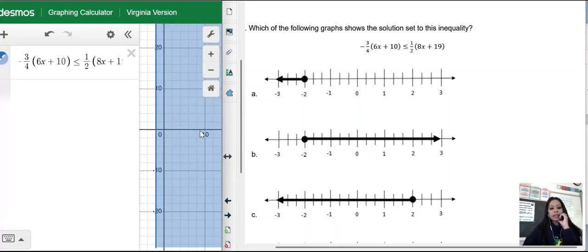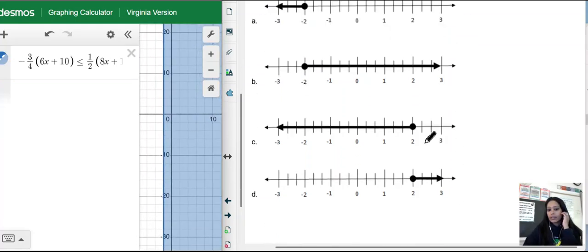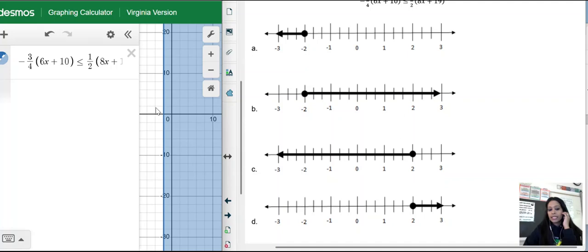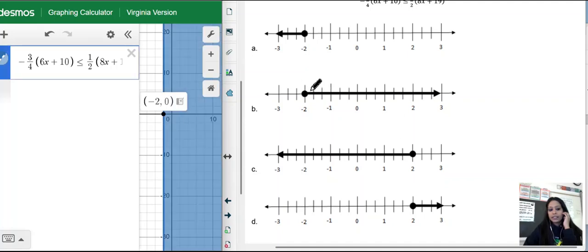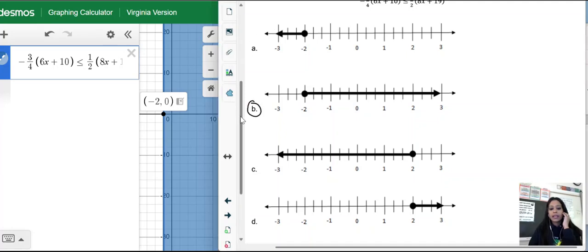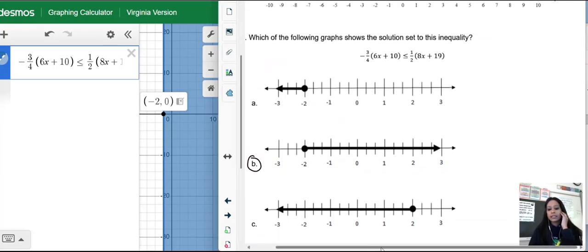Okay, so it's going to be greater than, so it'll be either B or D, and it's starting at -2, so it's -2 closed circle, so it's B. Okay, all right, you can fast forward, but I'll go ahead and solve this